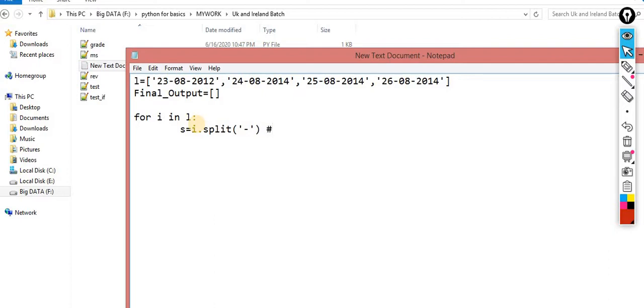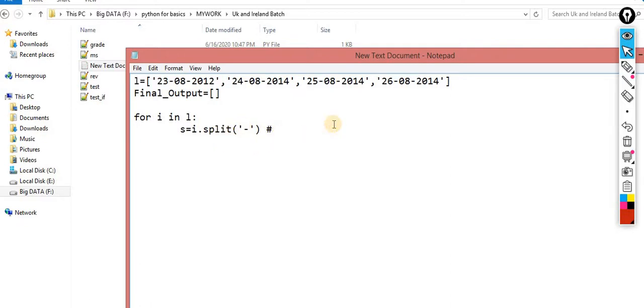This hash is called commenting. The meaning of a comment is that it is just for information. Whatever I write after this hash is considered a comment. It is not a concern of the logic, just for information.